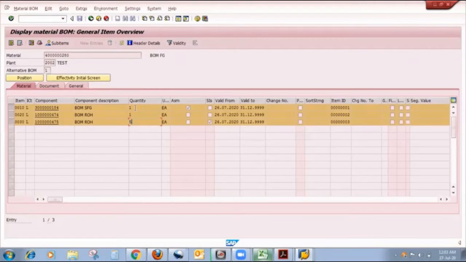That is, for producing quantity 2, I require 115. Meaning if base quantity is 1, then my raw material quantity is also 115, but if my base quantity is 2 and I maintain 115 here, that means for producing base quantity 2, I also require the same raw material quantity.